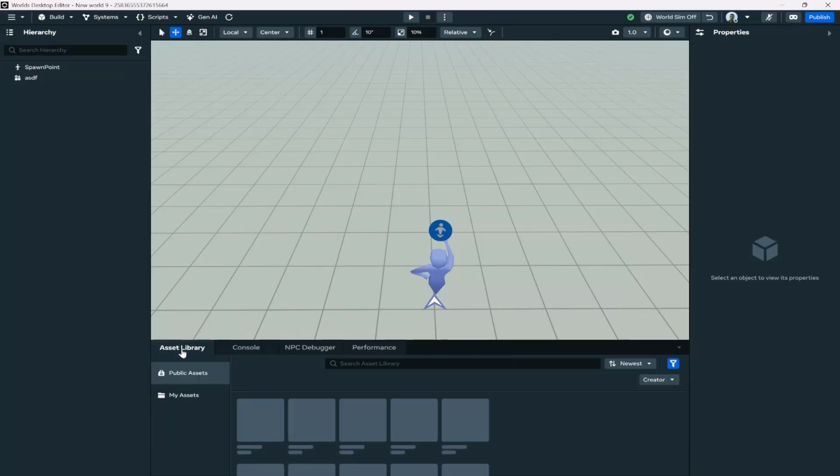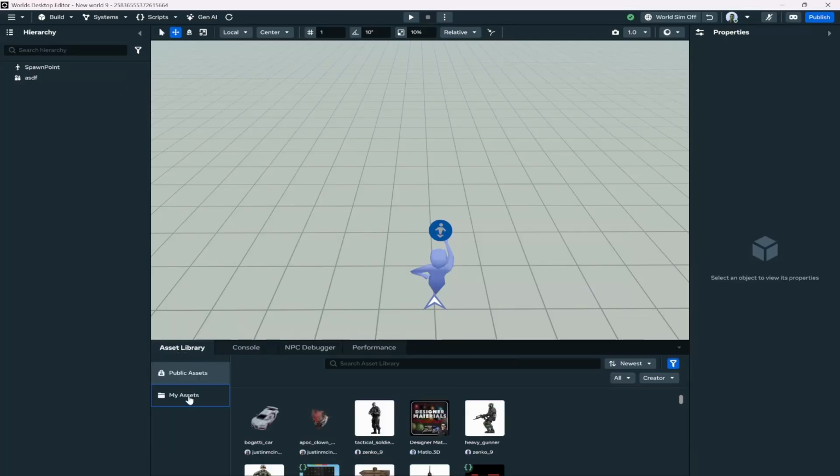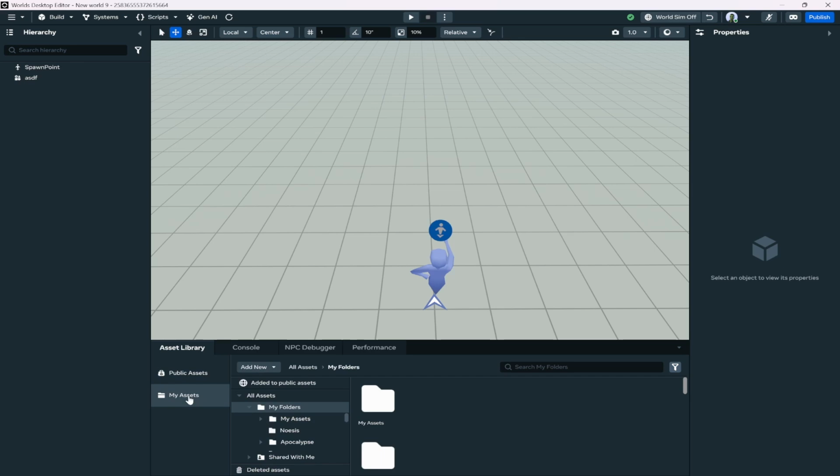We're going to go to our asset library. We're going to go to My Assets. And it's best to create a folder for all your Noesis projects. I have already created one, but if you haven't, you can go to My Folders, click Add New Folder, and